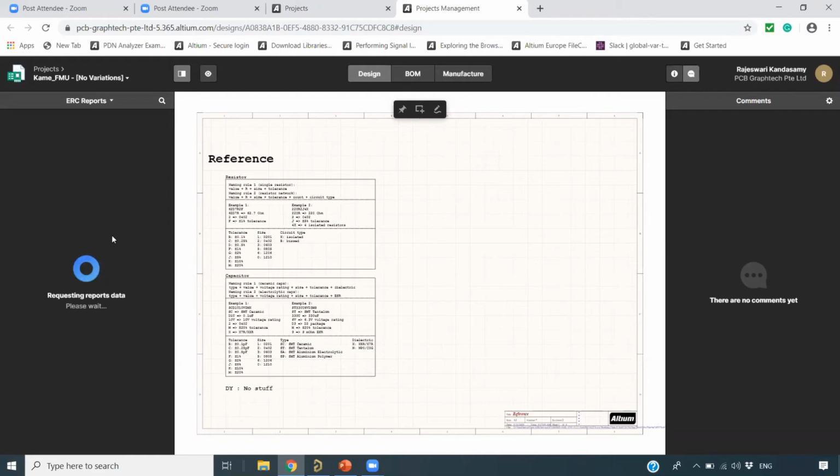Okay, it is still loading for me. Here you can also see your floating net labels. You can see your component revision out of date, all the information. It will zoom in to that particular component, or it will zoom you to the particular net where you have the floating net label. So all this can be seen here.